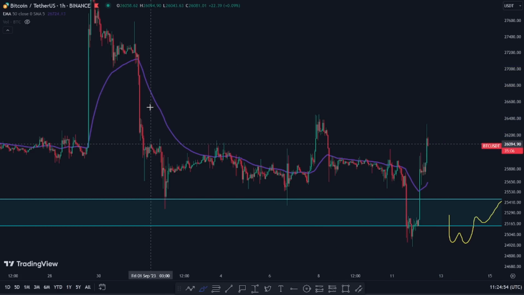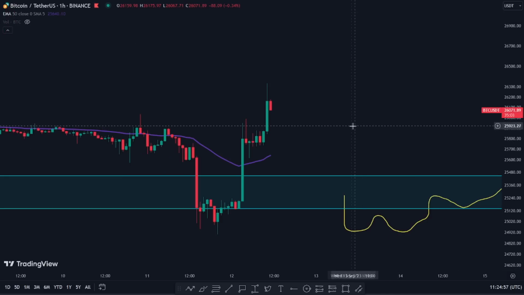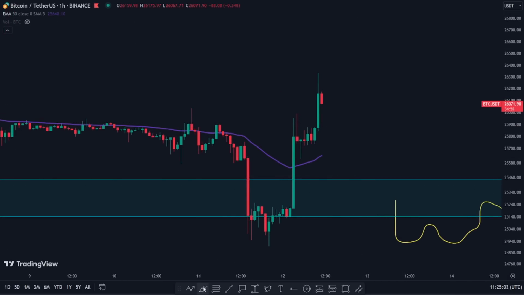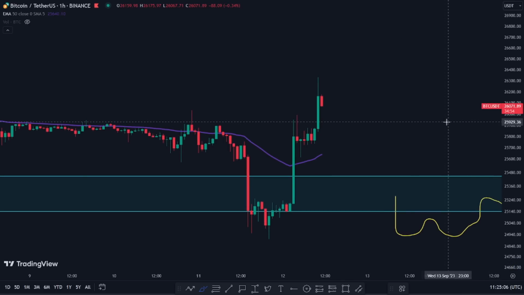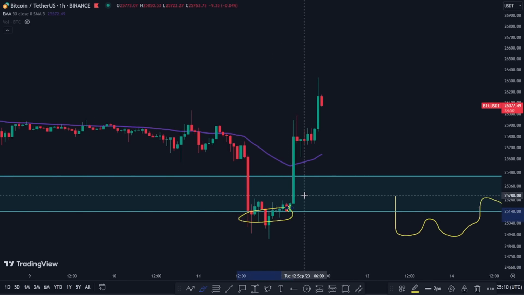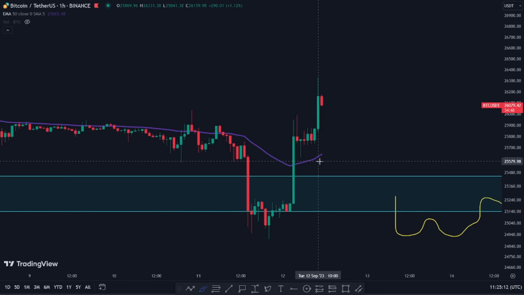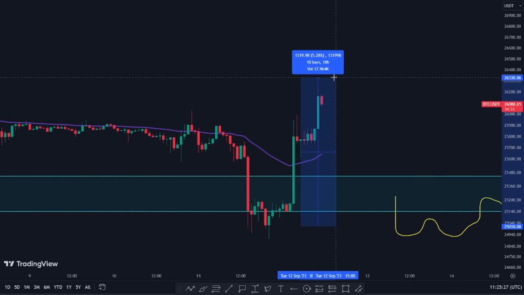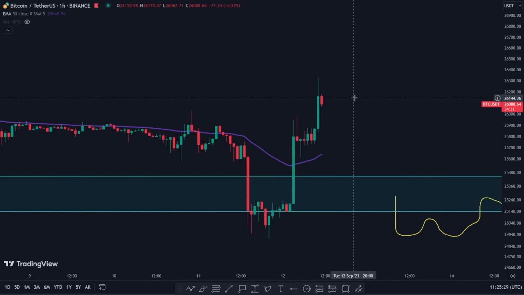But what I see at the moment is that the chances are that if Asia pumped, this is not a place where I want to enter new longs. So if you enter here, do whatever you want. This is not financial advice, but I would be very careful. And if you can secure some profits, it's never a bad option, okay? You got here, again, a 5% move. What else do you want, okay?